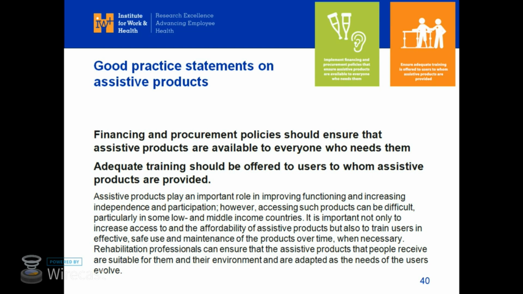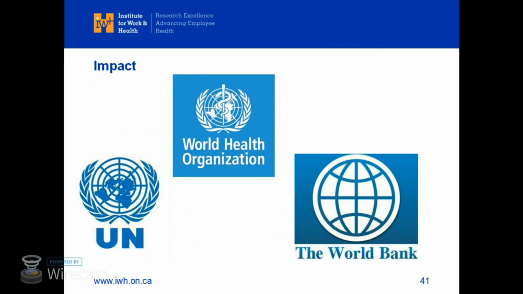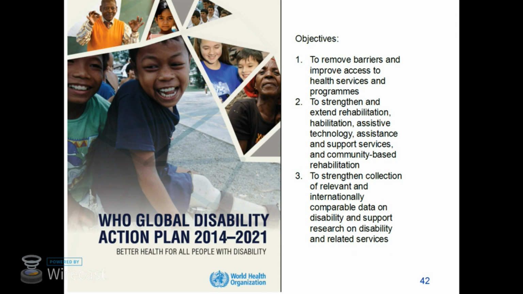So the impact of this, imagine the United Nations with the Convention on the Rights of Persons with Disabilities, the World Health Organization creating the guideline, the World Bank wanting to give money. So how is this coming? The WHO then created a document that is an action plan. Since 2014, they have this action plan, which is to make the world a better place for people with disabilities. And they have this 7-year plan to remove the barriers and improve access to health services and programs, to strengthen and extend